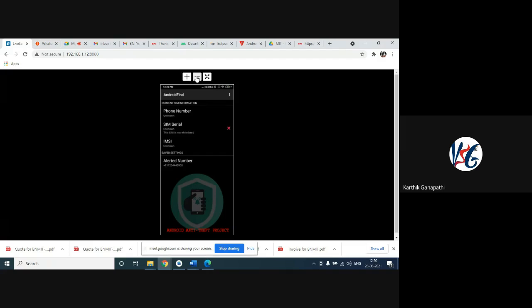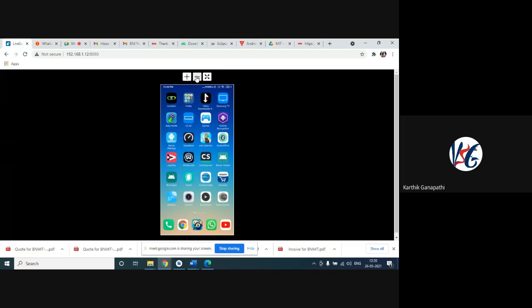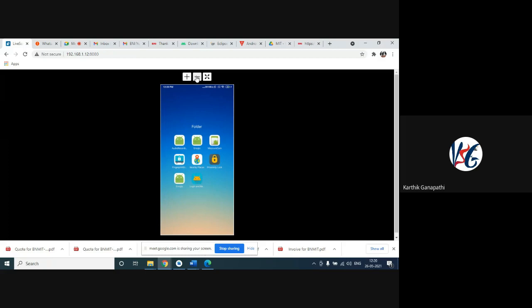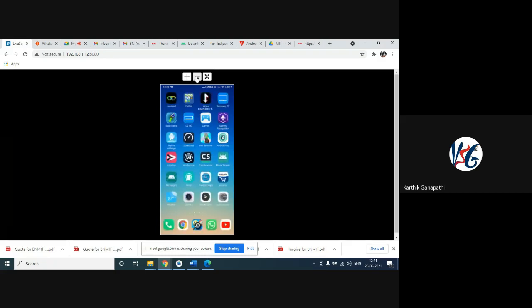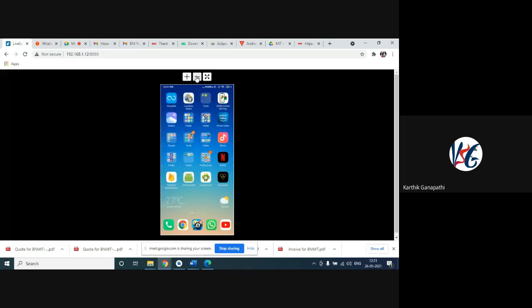So this application comes with anti-theft features. If your phone is lost, the alternative number is given along with the location where exactly the user is located. That feature is also enabled here. So this is one of the applications that we developed long back, along with some more features. I don't remember where exactly the things are, but I tried my level best to show some of the applications for you people.